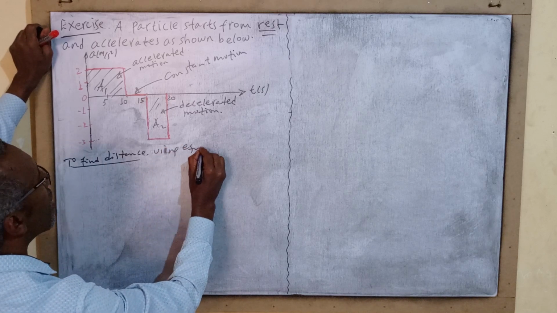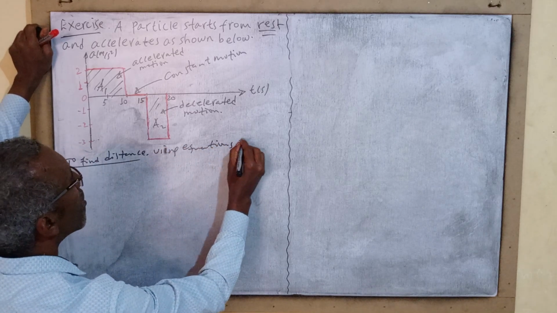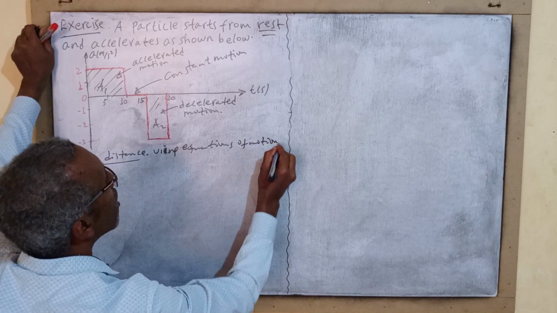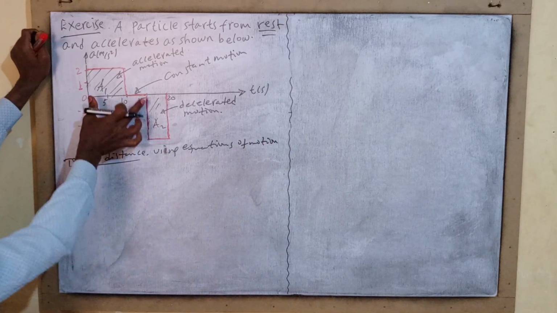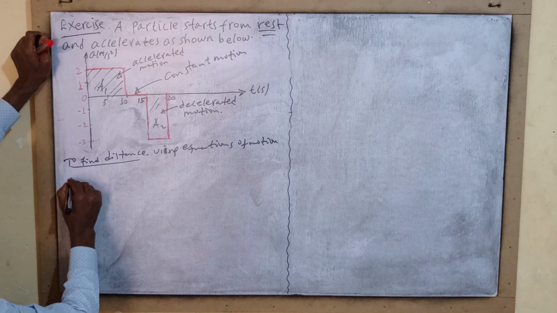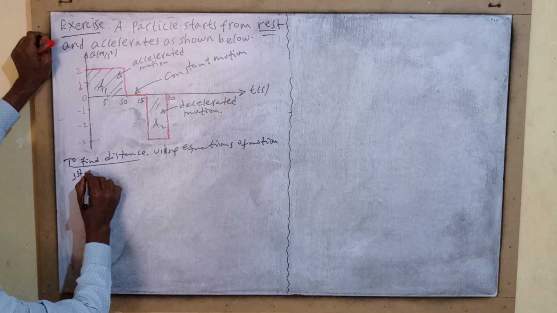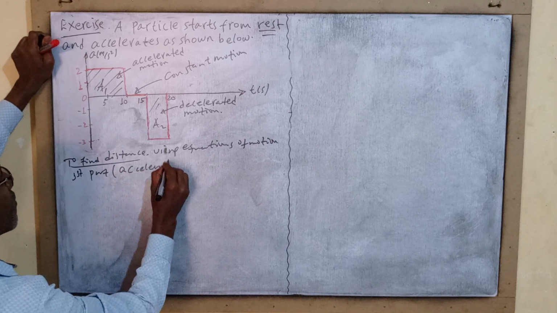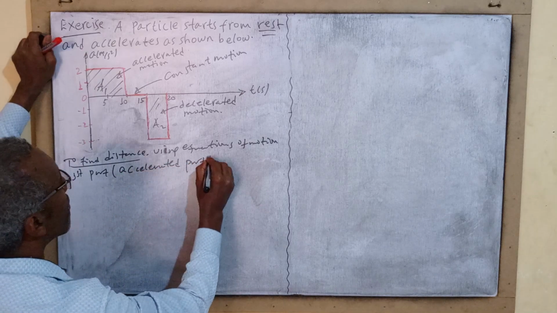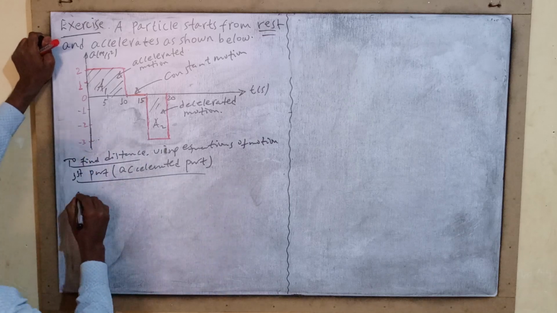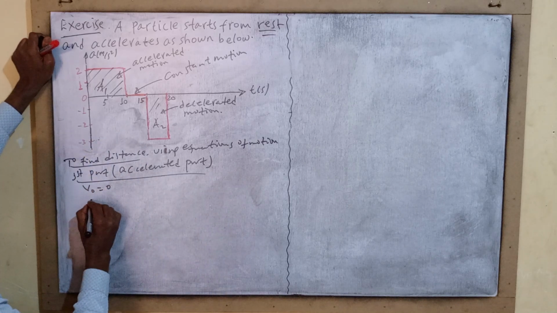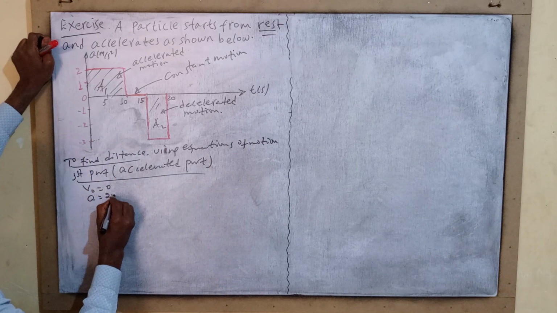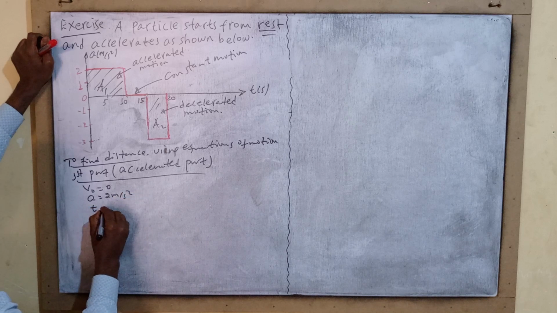Using equations of motion, we separate the motion into three parts. The first part, the accelerated part. In the accelerated part, the initial speed is 0, the acceleration is 2 meters per second squared, and the time